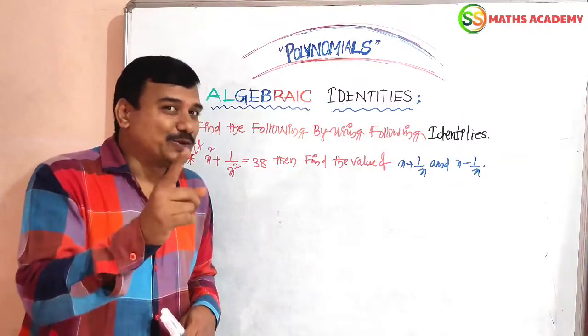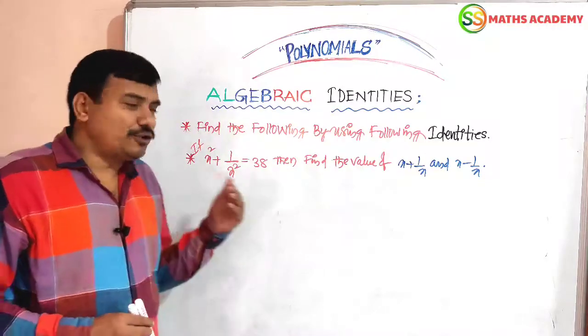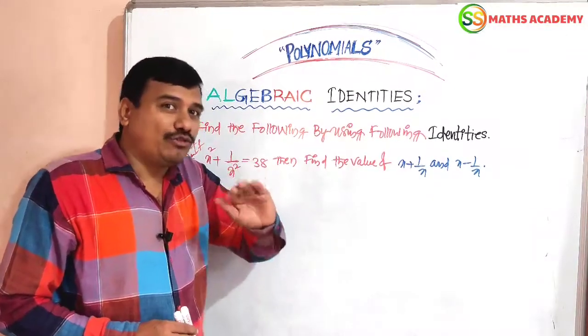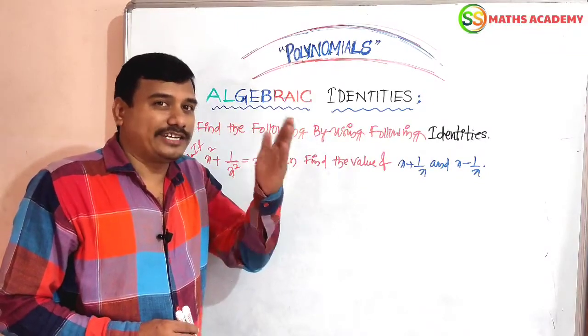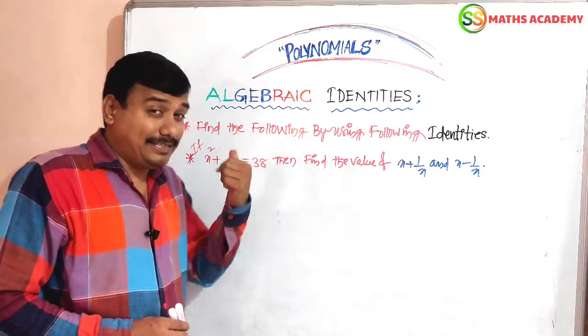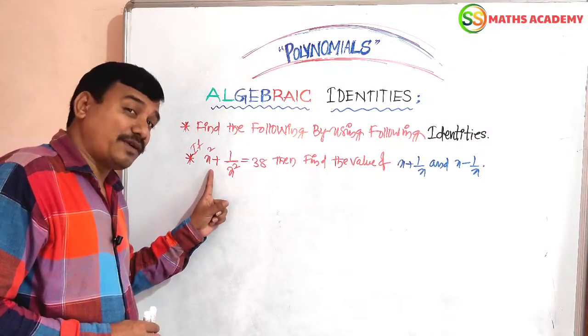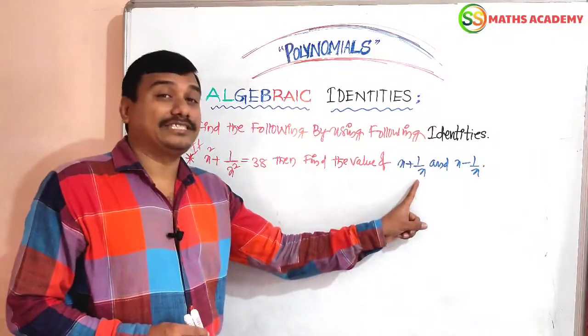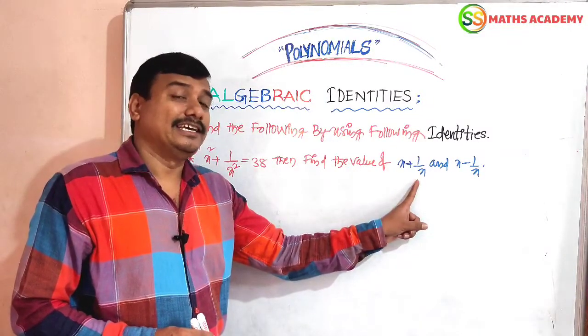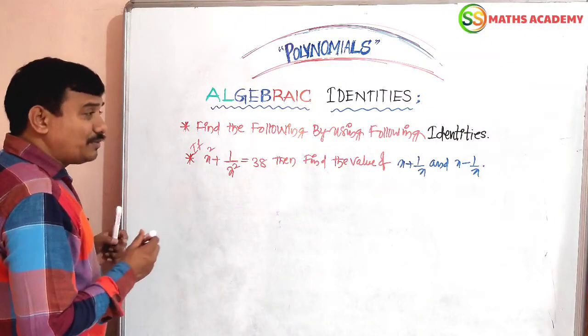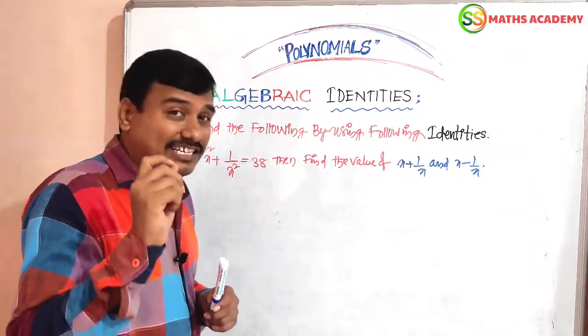Now let us see one more good question, friends. In the previous question, the terms were in a particular mode, we had to find powers of 2, in the mode of x square plus 1 by x square. But in this question, they have given x square in terms of power 2, and we should find the single term x with power 1 only. In what way do we have to find it, friends? Let us see. Remember, my dear friends, I will tell you the technique also.